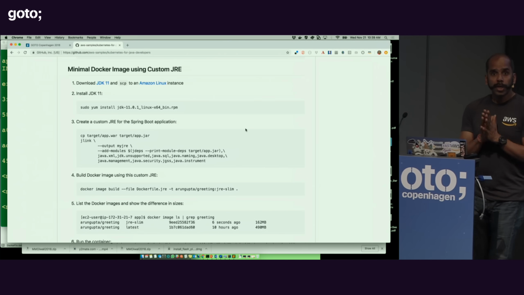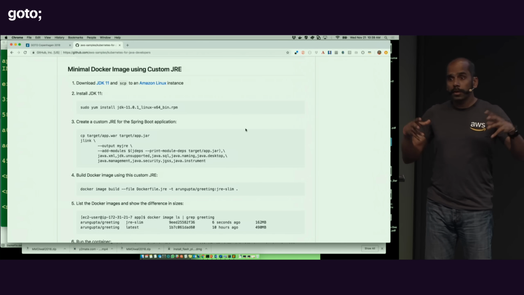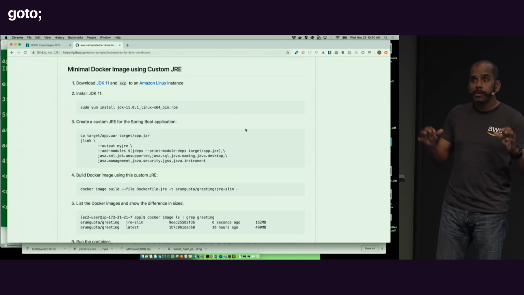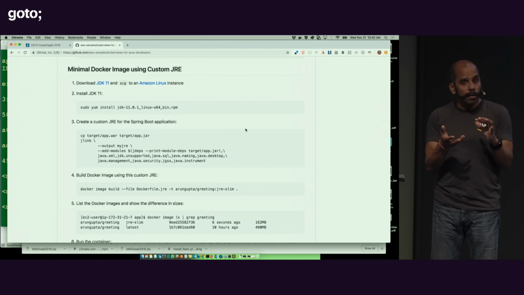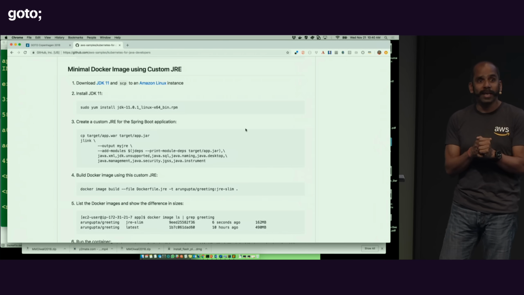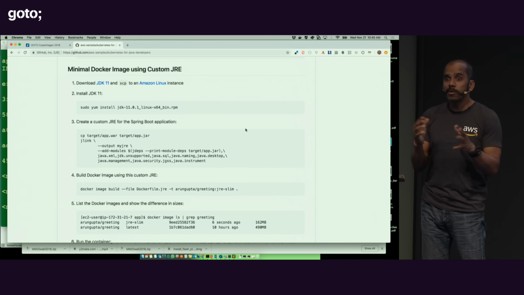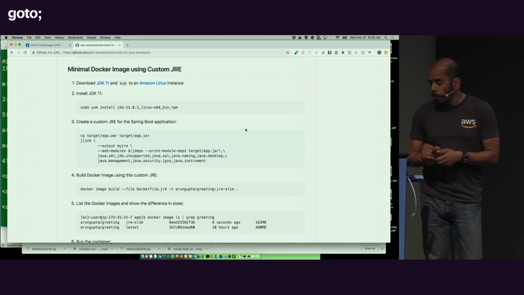Now, JDK 9 introduced the concept of modularity. What they've done is take the JDK and split it into multiple modules, and your application could be one of the modules. For example, if you're writing a Spring Boot application, you don't really need CORBA or AWT or Swing kind of modules. That's an important aspect. So what you can do here is